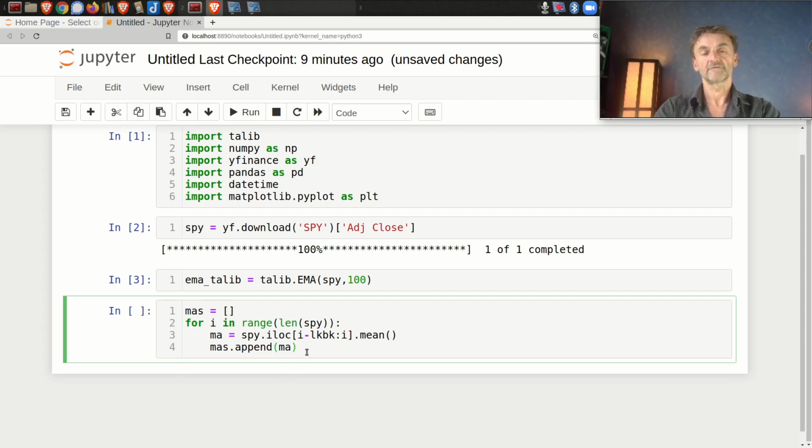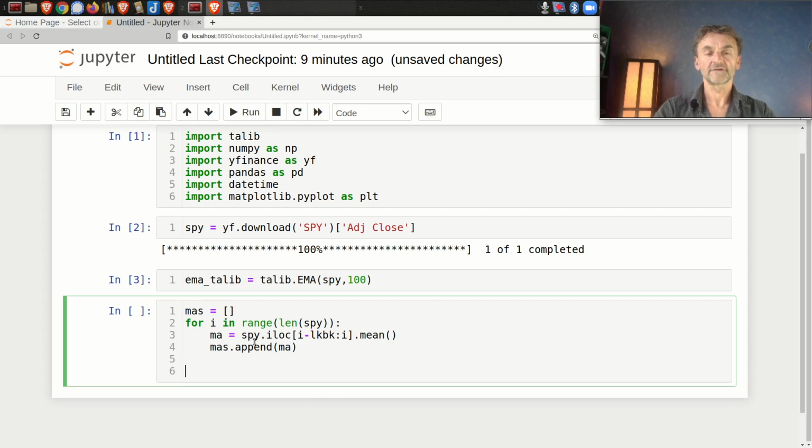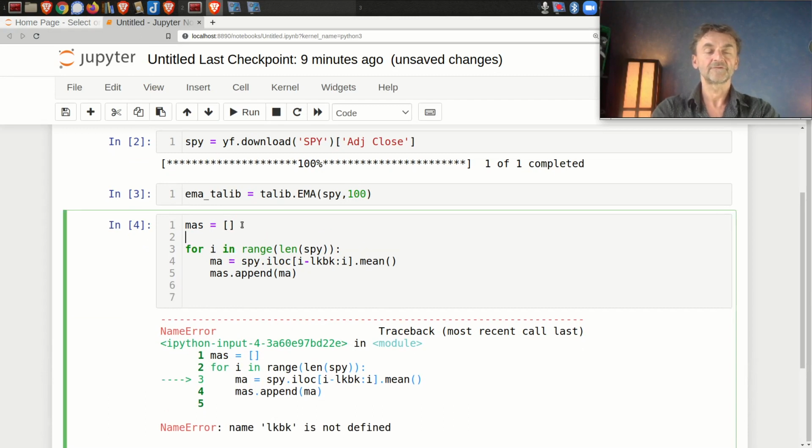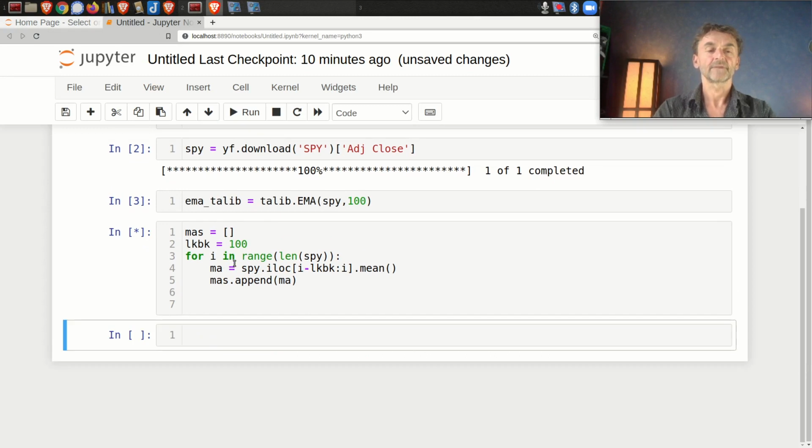And so this is basically running through different time steps and recalculating our moving average 100 periods backwards. In this case we have days, but you could see that if we had one-second data, which we can't get from yfinance, we could do the same, and we can just run this. Of course we need to define the lookback, so let's just do this: lookback equals 100, and here we go, we run it through and it